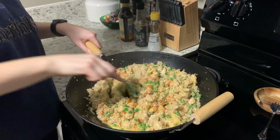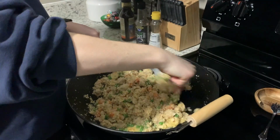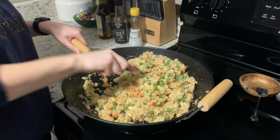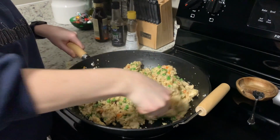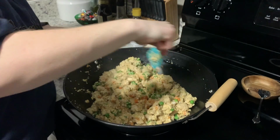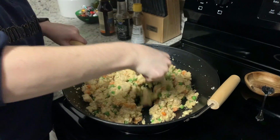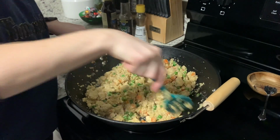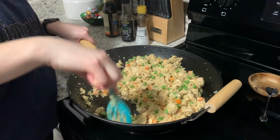Some people like will scramble their eggs and add them. No, I'm not gonna dirty another dish or take the time to dump this out. Just stir it up. All right, just about done. I mean, I guess if you wanted like really fluffy pieces of eggs, you could do that, but it's got the protein in there. So now this is how I do it. All right, just get all the egg,